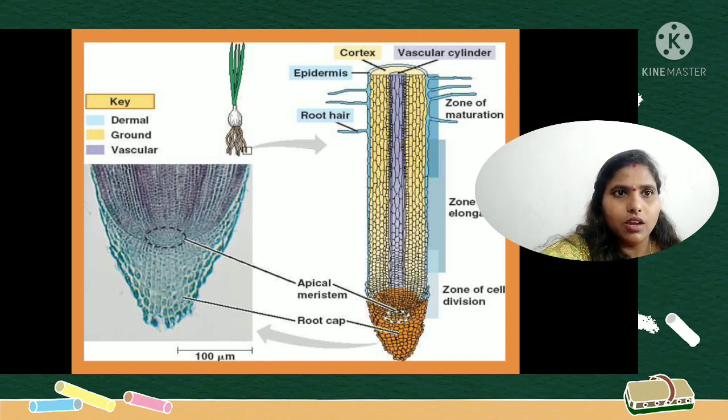Already we discussed how we can get these root tips. By growing onion roots for 6 or 7 days, we can take them and keep them on a slide, cover with a cover slip, and then gently press with 4 or 5 filter papers. After that, the tissues are spreading over. Then it is ready to observe under the microscope.